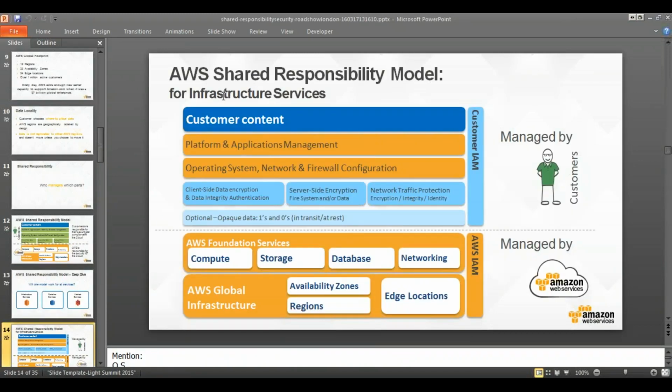Suppose you take some infrastructure services, maybe like EC2. Here you have access to almost everything on top. You can control encryption, the network traffic, operating system, firewall configuration, what you put inside the machine, and of course the customer data. The customer content or data is always the responsibility of the customer.